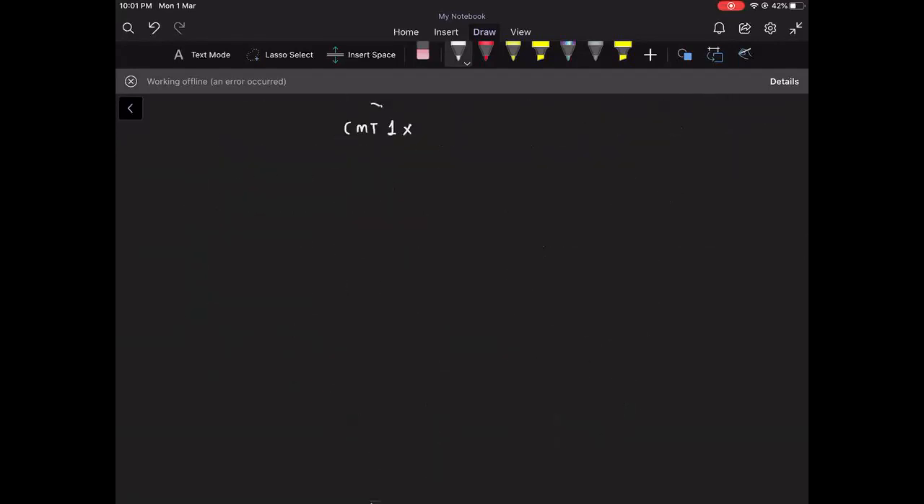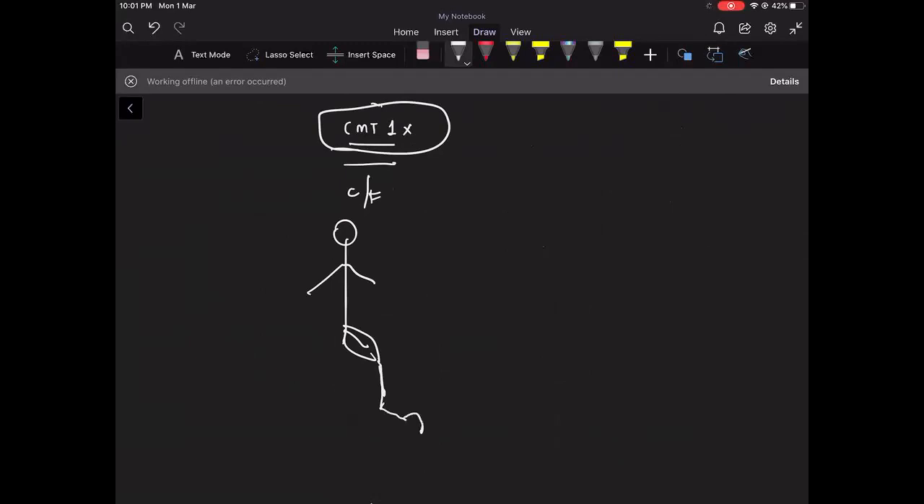CMT1X. The clinical features in this are similar to CMT1. That is, the patient will have the classical inverted champagne bottle appearance of the legs, and there is atrophy of the muscles here. There will be hammer toes, and the patient will have pes cavus, and along with that the patient presents with foot drop. But the only differentiating feature is that it is X-linked